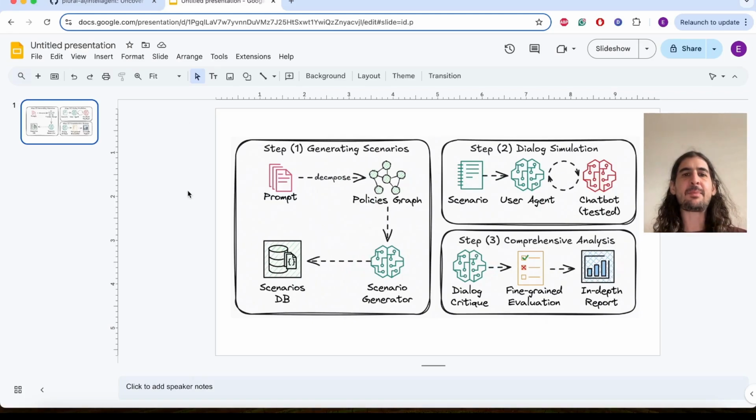The system is provided with the tested agent prompt, and optionally, you can also provide the agent tools and a database schema that the agent can interact with. Then it decomposes the prompt into a policies graph. Using this graph, we can generate realistic, challenging scenarios of user-chatbot interactions that tackle a specific subset of